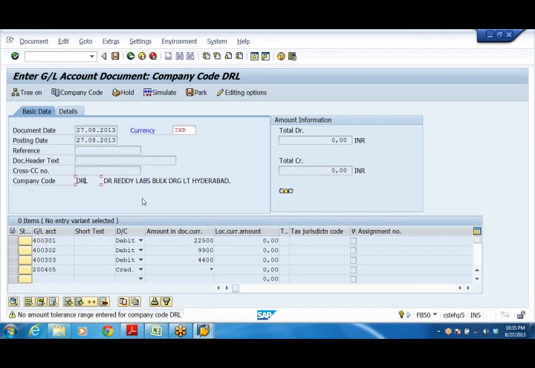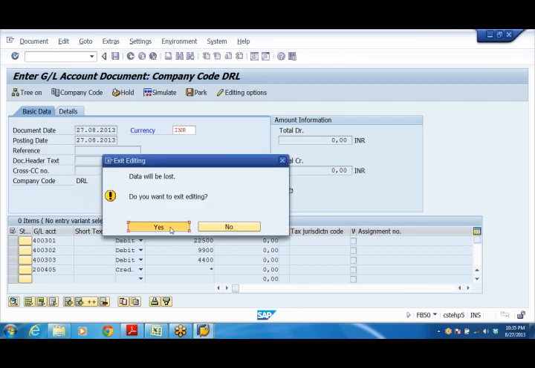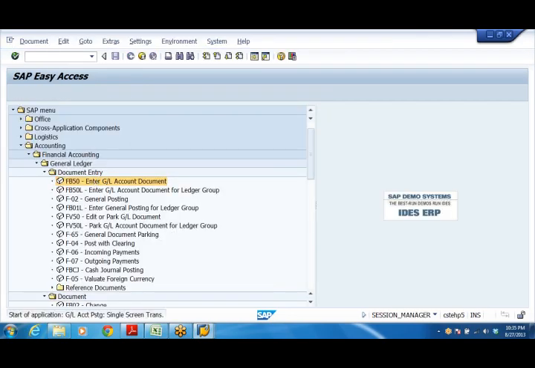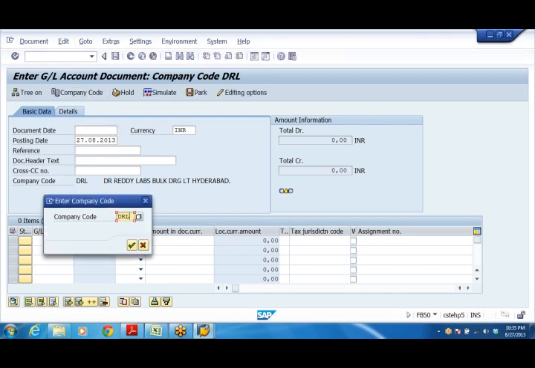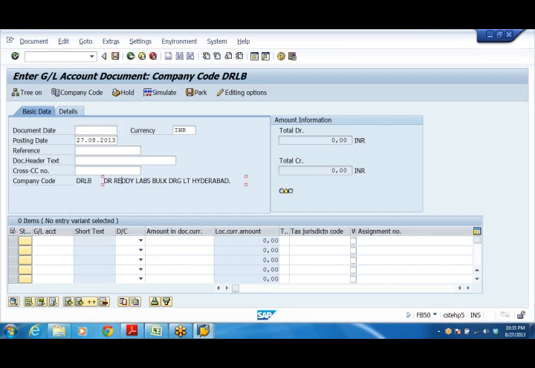So what is the company? Oh, we are posting in DRL. Sorry, I want to post in company code DRLB. 400301, 400302, 400303, and 200405. These are the expenses and the current asset.